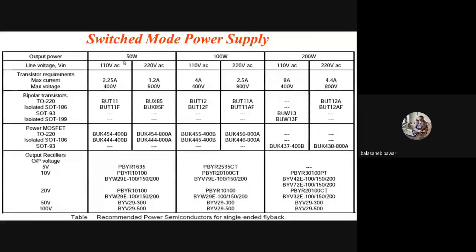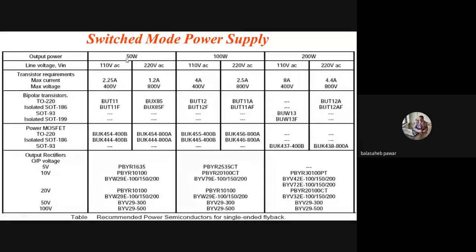Okay, that means we have to drive, suppose, a 20 watt DC bulb or lamp, or 50 watt or 100 watt, because mostly for CFL or LED bulbs we are familiar. Mostly we are using 7 watt LED, then 10 watt LED, 14 watt LED, 20 watt LED, etc. Is it? So that is the power consumption of that LED bulb. Okay. So here is mentioned output power. Suppose it is 50 watt.